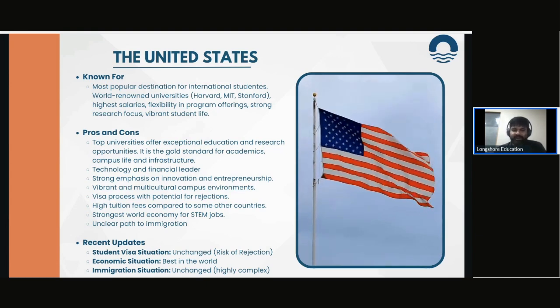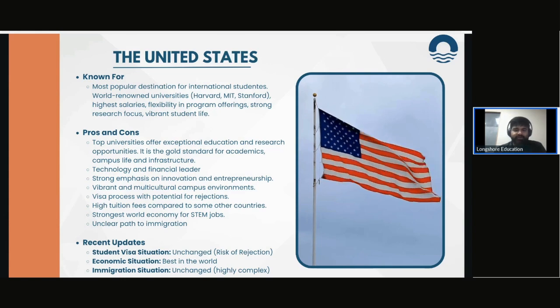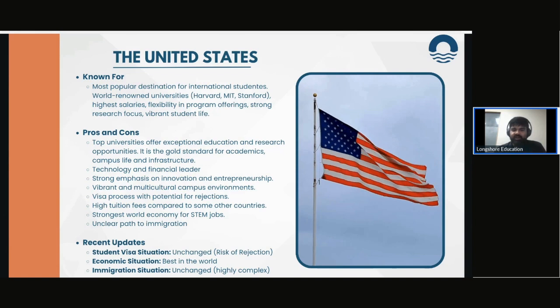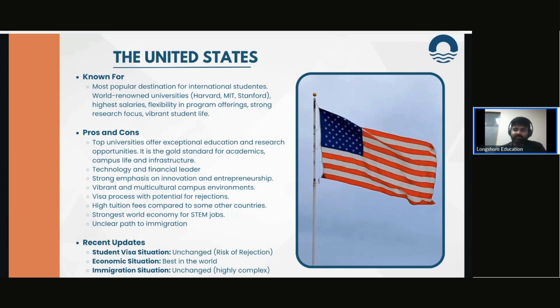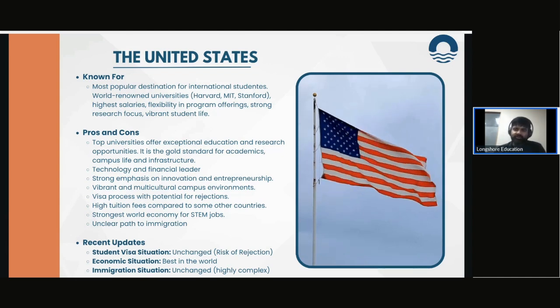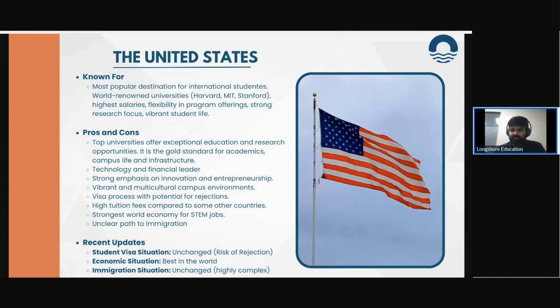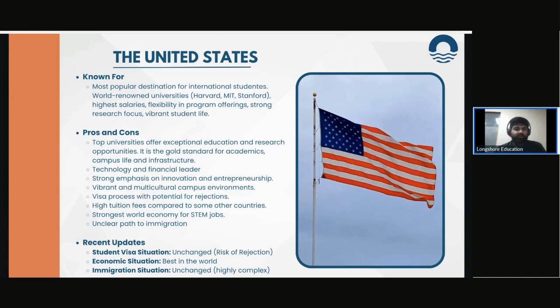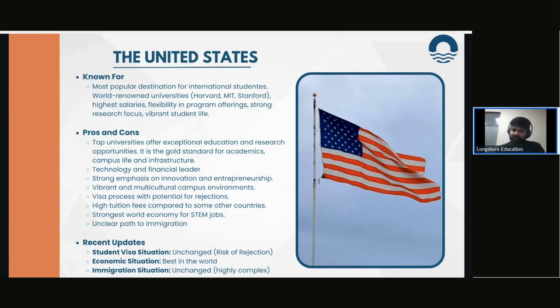It is a world-leading economy, but it has a very unclear path towards integration. If you want to consider the post-study options as well, the OPT, which is the Optional Practical Training, the US version of a post-study work permit, it's not an open work permit. It has to be linked to your field of study. So unlike, say, Canada, where once you complete your education, you can work as an attendant, as a manager, at a store, you can even work at McDonald's. You cannot do that in the US. If you have studied computer science, you cannot work at McDonald's unless you are programming some kind of app for them. So make sure that you keep that in mind.